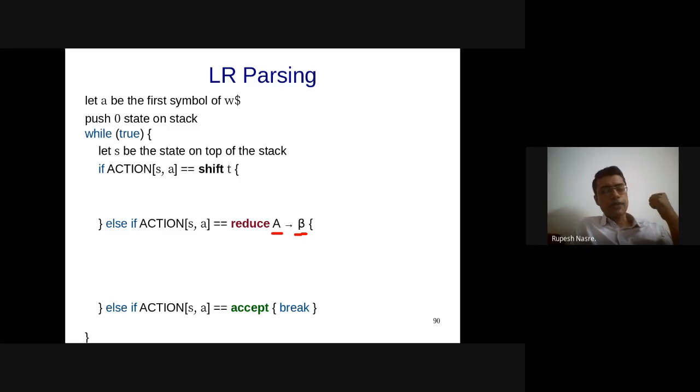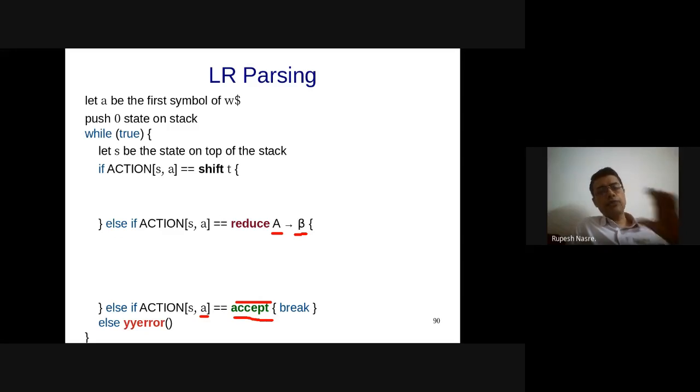And by the way, there is a possibility that you might have an accept action even on a non-$, right? For example, if you are talking about some strings where all the strings will start with small a, the string might be large. You need not wait for the $ to recognize these strings, and therefore you might have an action on a terminal which is not a $, and still the action is accept, right? So that is possible, in which case you come out of the loop. Otherwise, there might be an error, in which case you also come out of the loop, or you handle the error and go to the next parsing stage and so on.